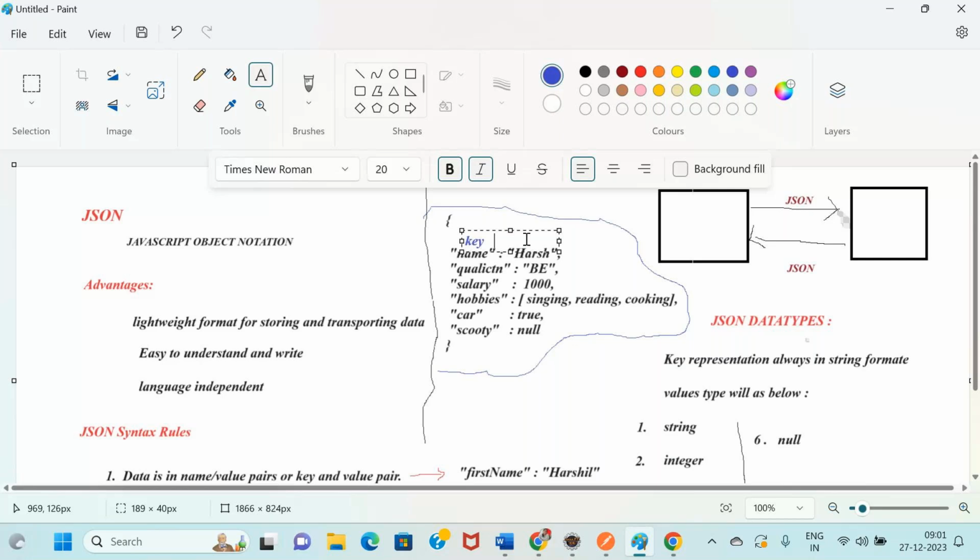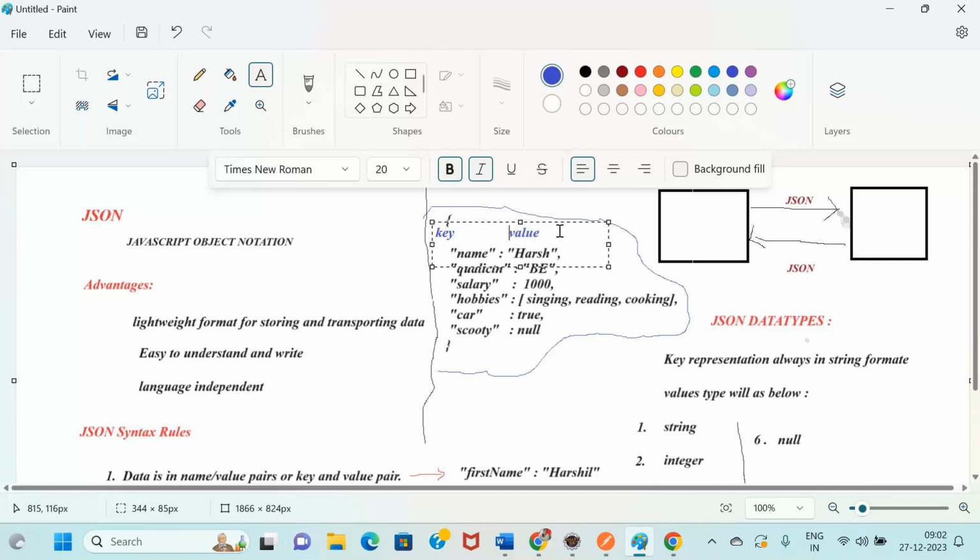This is the value. Okay, and this is the key.